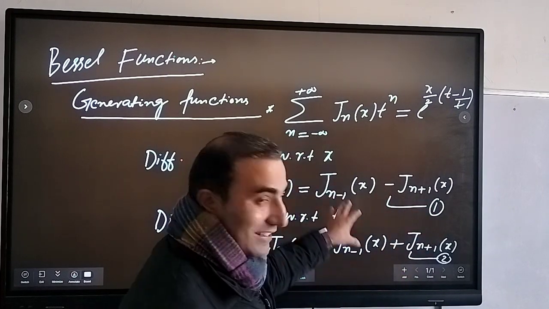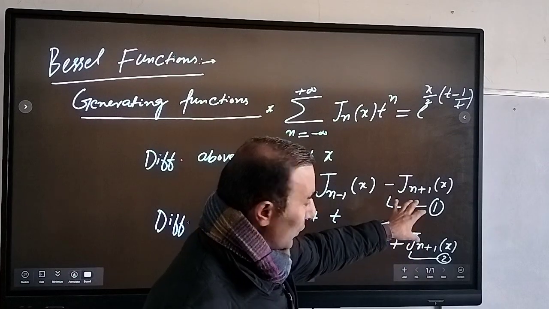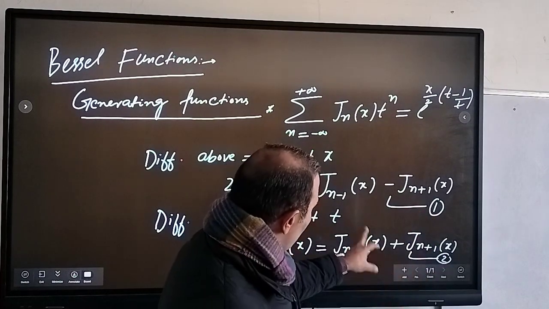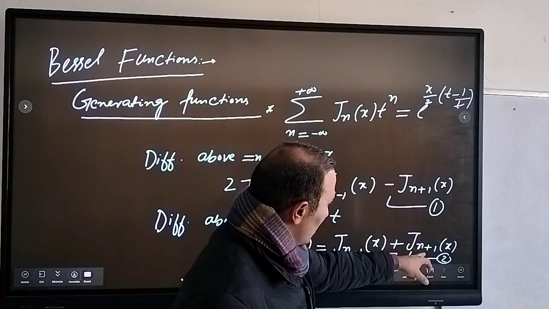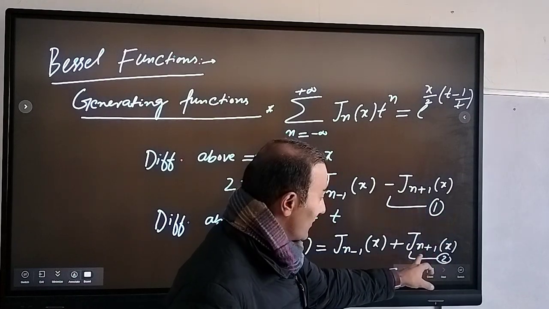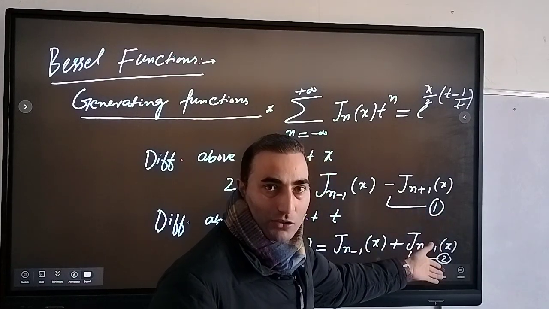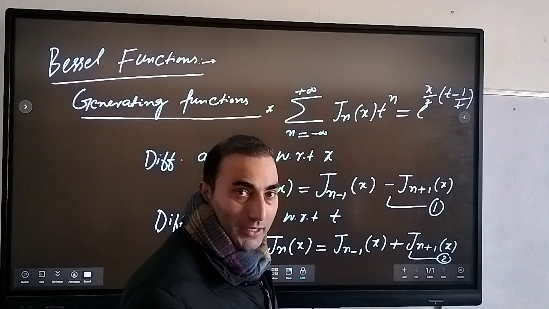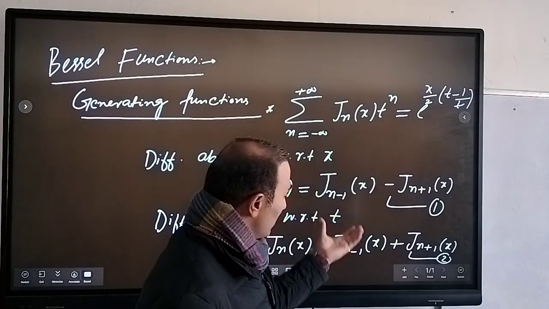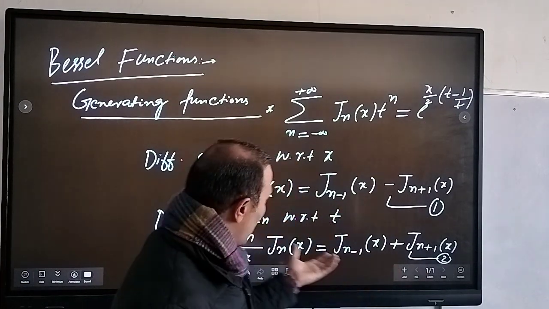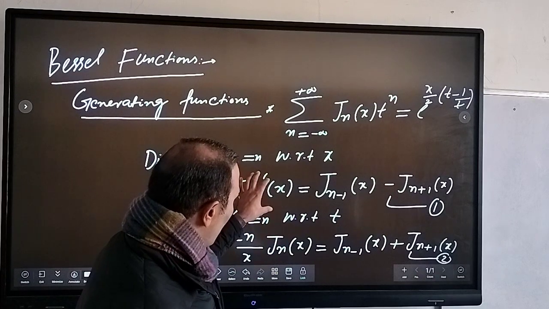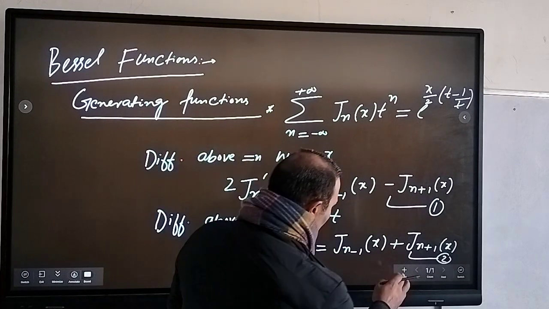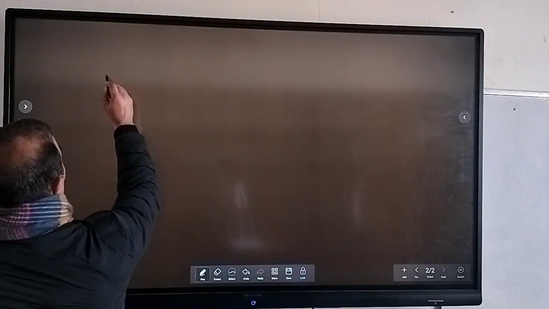So first, if you add equation first and equation second, this is J_(n-1) minus J_(n+1) and this is J_(n+1), so these will cancel. On the right hand side only twice J_(n-1)(x) remains, and on the left hand side we can have this plus this term, right? So that means we can have this twice